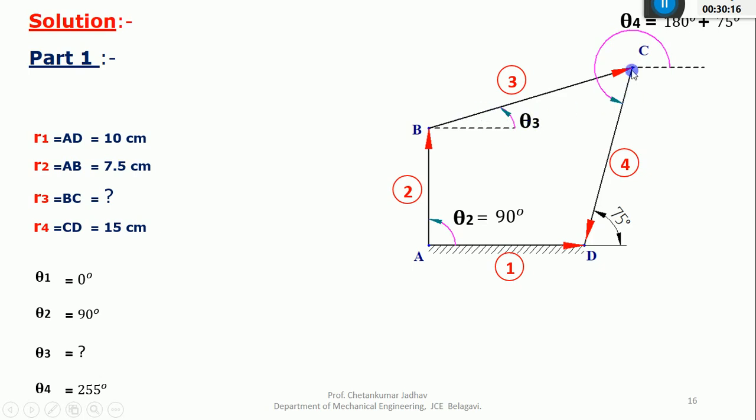And I'll consider the fourth vector, that is vector number 4, that is CD. Yeah, it's moving in a downward direction. So I'll consider the tail of the vector, that is point C. This is the positive real axis, and the angle will be this much. I want this much angle. This is theta 4, and it is not given in the problem. Only this is given, correct? Only this is given. This is not given.